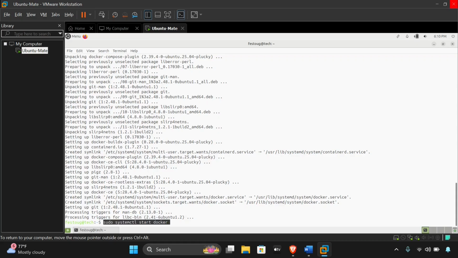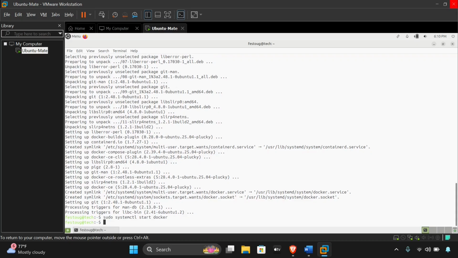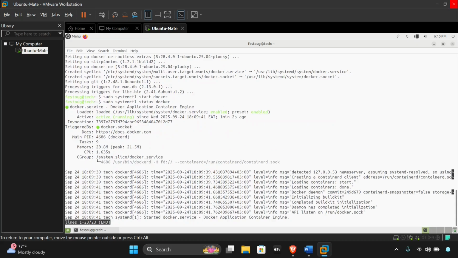I'll paste this. So what this means, it will start the Docker engine, sudo systemctl, which stands for system control. Here we are giving it privileges to run our Docker engine. Then I'll press enter. Then when you're done with that, you will just press the up key to go back and then change this to sudo status docker. As you're seeing here, we've been able to install Docker and make it running in our